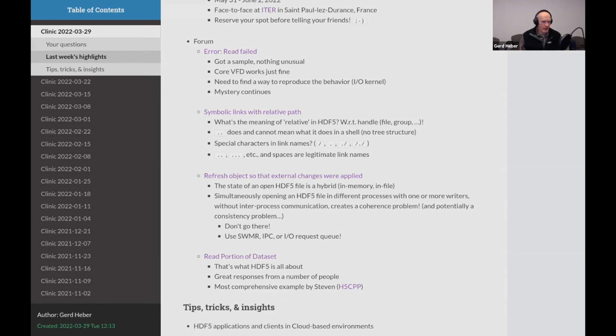However, without the involvement of the slash, and the moment you have more than one dot, that turns into legitimate link names. And I provided a simple example in that post where I basically, in the root, created a new group that I linked to the root group. And then inside that, I created another group and linked that with the link name